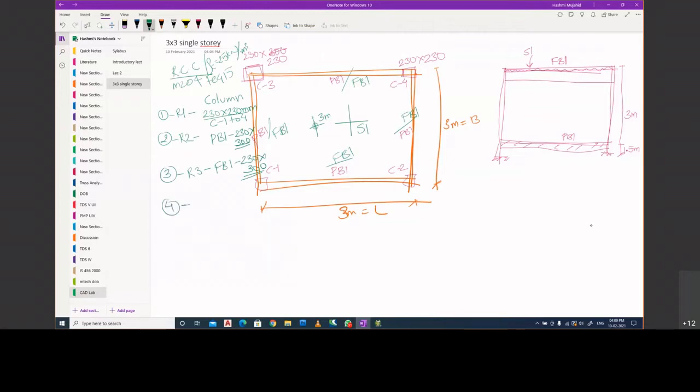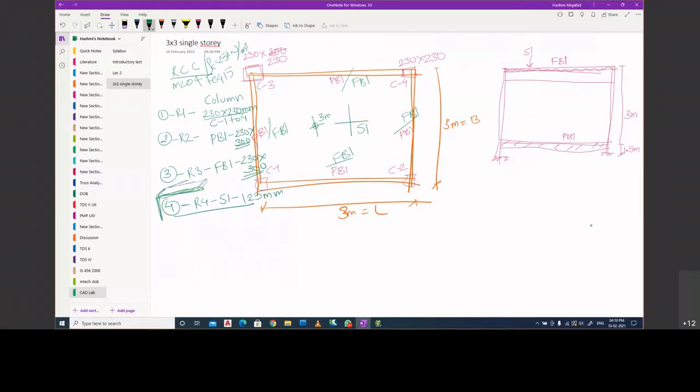Okay, let us add one more property, R4. This is for slab S1. Let us assume its thickness is equal to 125 mm. Don't bother, we would be skipping the modeling of the slab in an instance, and later on again we will have it accommodated in the model as well. So both ways we will see, but in our main model we won't be using this slab element as a model.